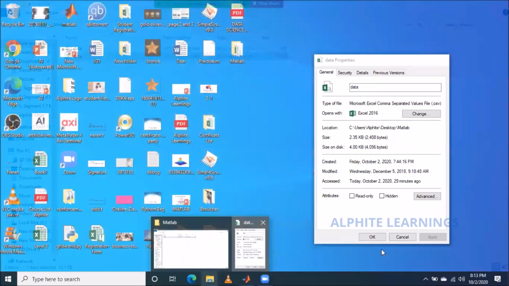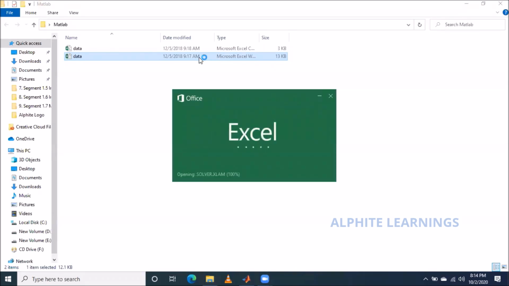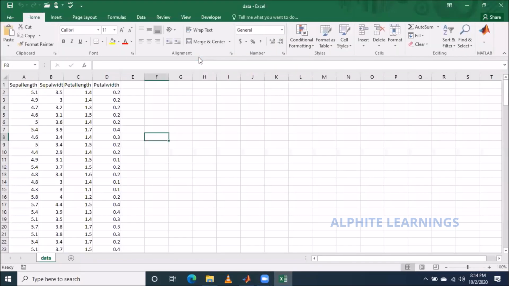First, I don't want to mess up much with the CSV, so I'll go on with the Excel sheet. Let me open that. When I open it, I have multiple sets of things, right? You can see that. I have common labels. So what are all these values? Sepal length, sepal width, petal length and petal width. I have a collection of data under this.